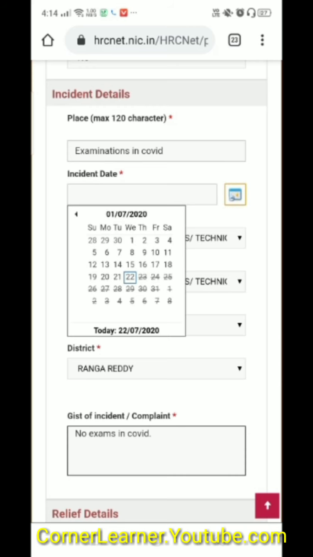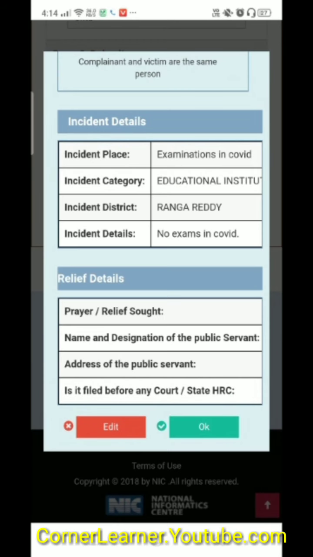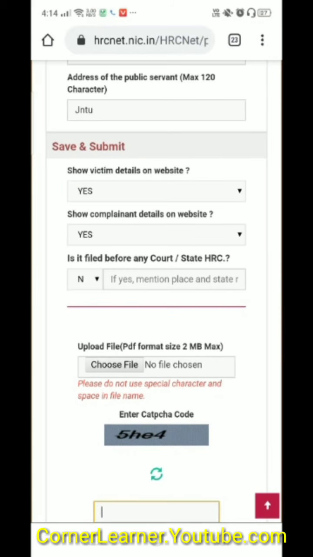You can see here clearly. Let me tap this now, 22. Yes, I've done it. So let me click on preview here. As you can see, the bill appeared here. It's not a bill probably, but it's a receipt. So let me click on OK. This is just a preview.